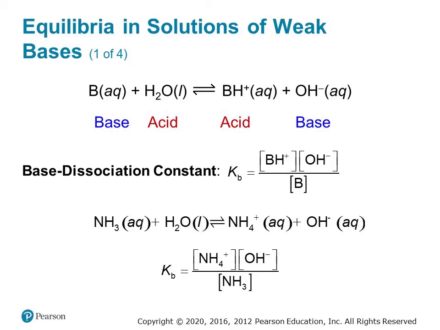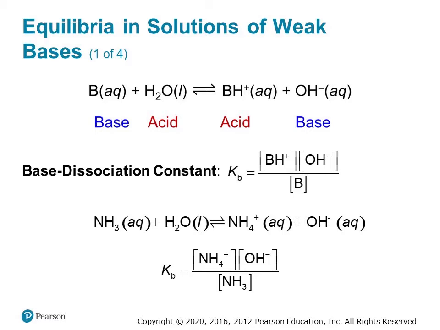can accept a proton from water, forming B's conjugate acid, BH+, and hydroxide ions, which are the conjugate base of water. The latter is what causes the solution to be basic, particularly as measured by the pH scale. Our base dissociation constant, Kb, looks pretty similar to the Ka expression for acid dissociation. We have our base concentration on the bottom, and the conjugate acid and hydroxide concentrations multiplied together on top of